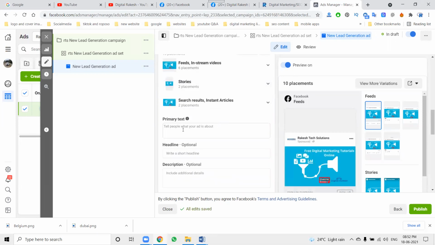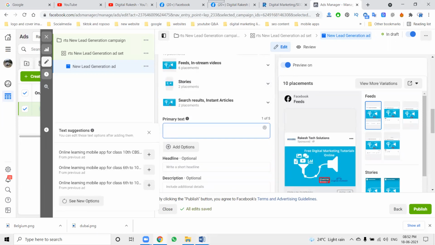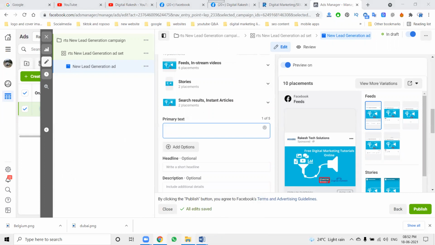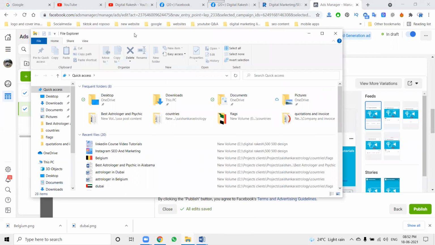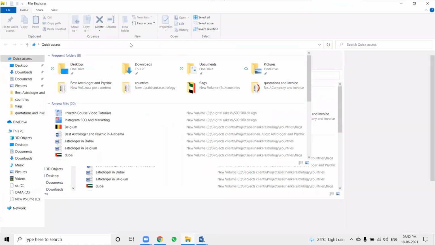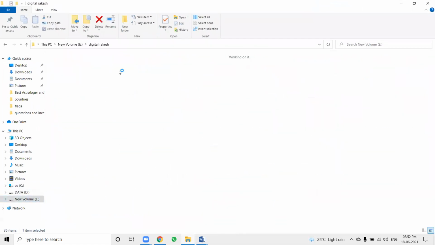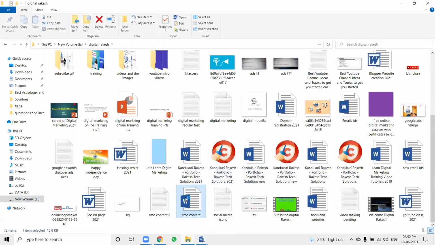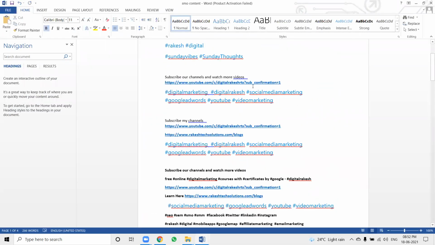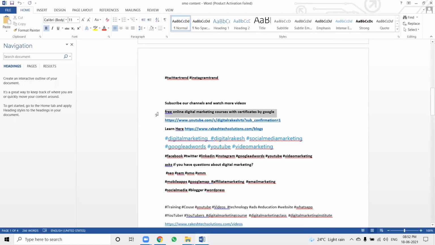Ten placements. Primary text is compulsory and important. Primary text, you can design it. Where is the primary text here? That is my content. Obviously you create content based on the options.